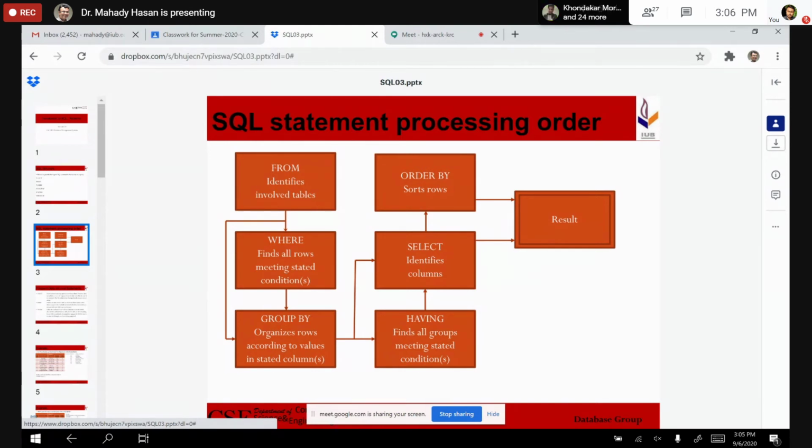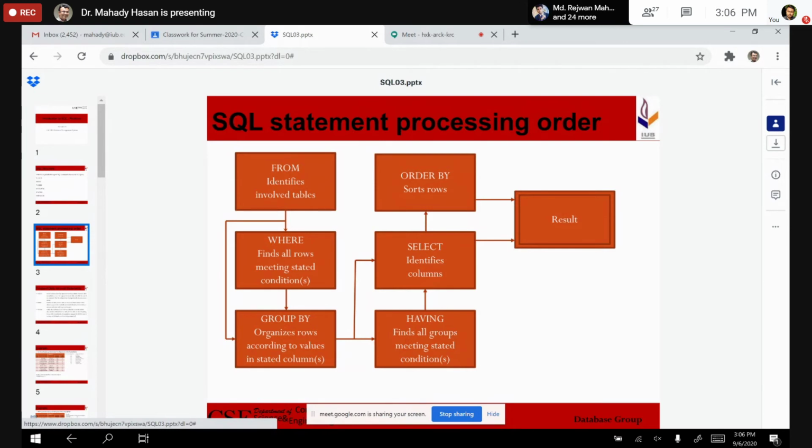So these are the step-by-step processes of how the SQL engine processes SQL. It starts with from, then where, then group by, then having, then select, then order by, and finally the result is generated.